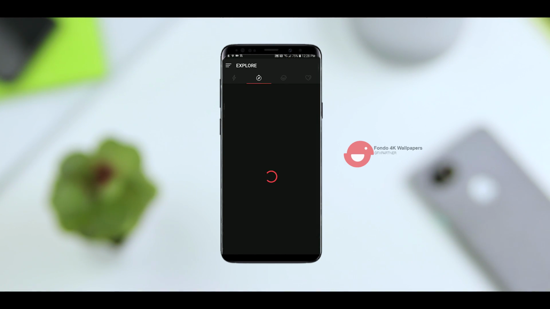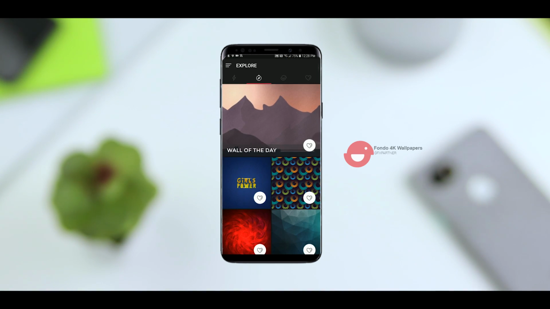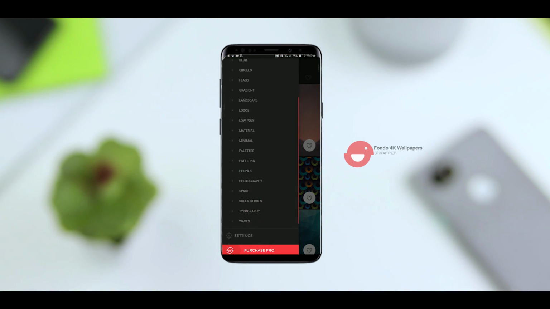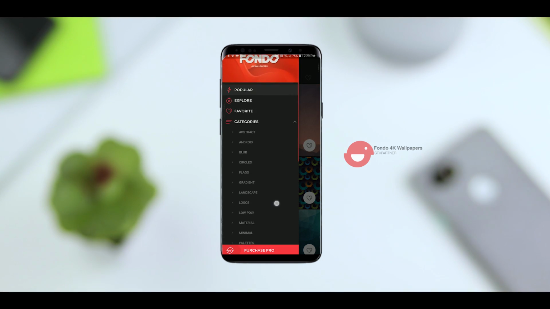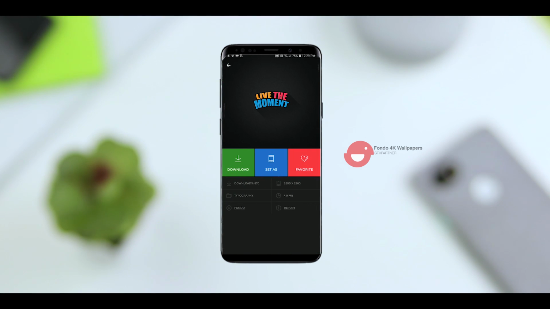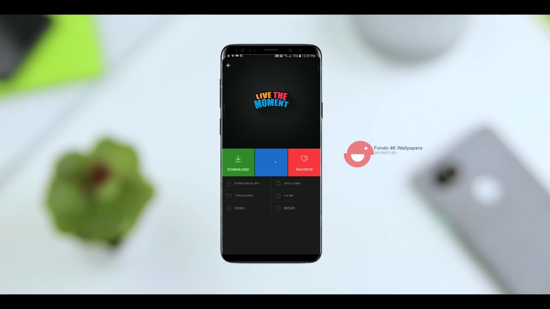Next up, we've got Fondo. I like this app because of the way that it mixes things up. These wallpapers have a cartoony look to them, but they're punchy in terms of color, and they're a good way to change things up when I'm coming from a black wallpaper. There's several categories to choose from, each having several wallpapers, so make sure that you heart your favorites so you